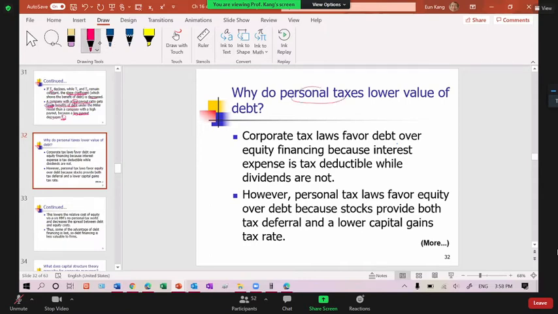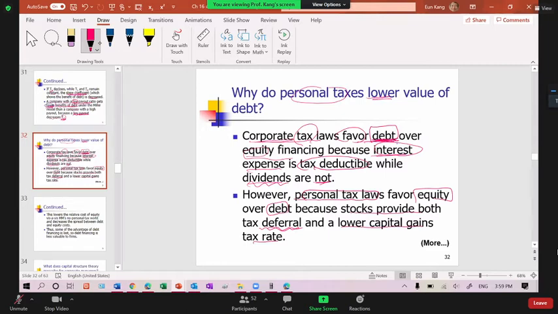Why do personal taxes lower the value of debt? Corporate tax law favors debt over equity financing because interest expense is tax deductible while dividends are not, right? You cannot deduct dividends when you pay tax because dividends are paid only from after-tax income. So corporate tax law favors debt, so the higher the debt, the better. But personal tax law favors equity over debt because, as I said, stock provides both tax deferral, by not selling the stock,